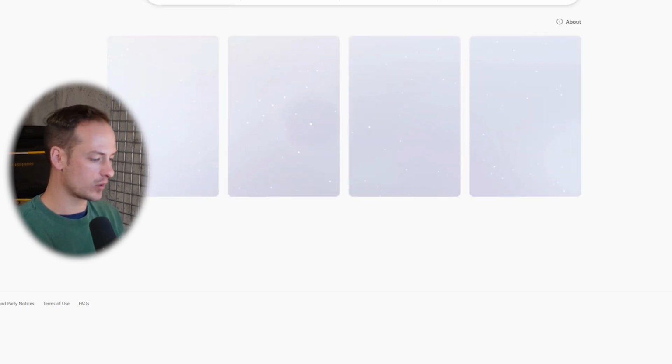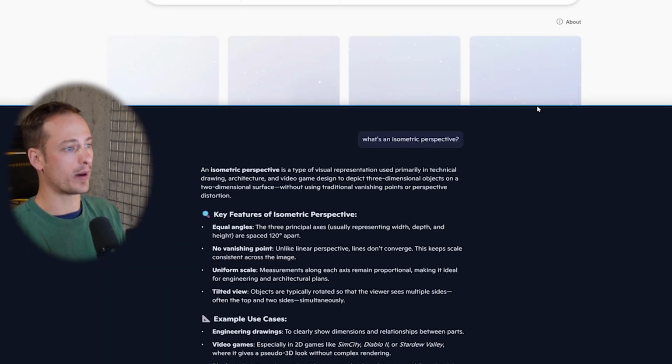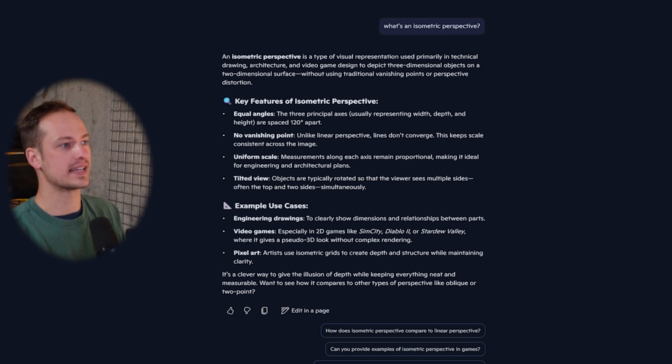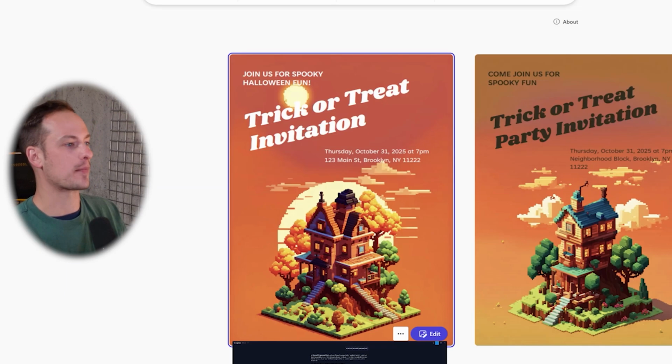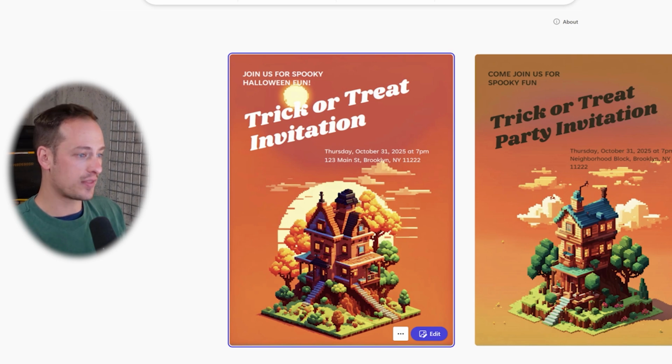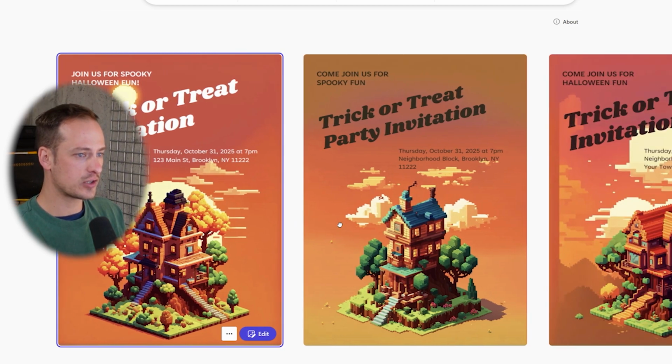And now, while it's looking this up, I'm gonna go ahead and open Copilot, and I can ask what's an isometric perspective. And you can see it's a type of visual representation used primarily in technical drawing, architecture, and video game design to depict three-dimensional objects on a two-dimensional surface. Okay, so perfect. I'm glad I left it in because now that the design is done, yeah, there's actually four